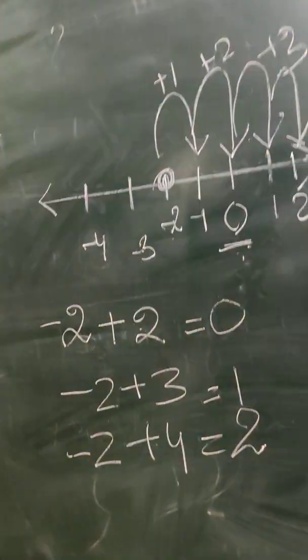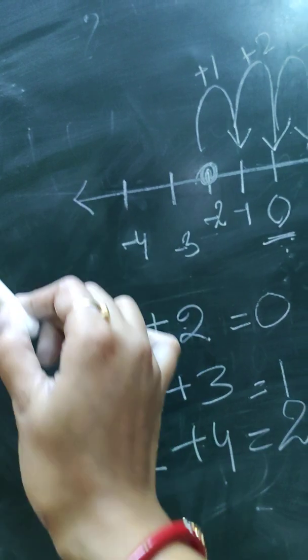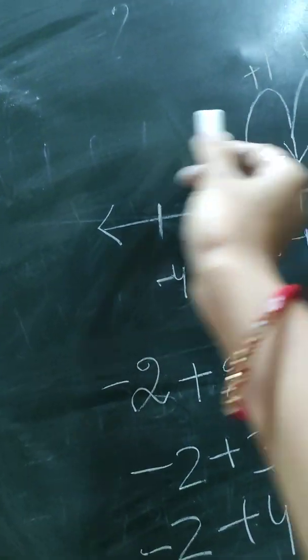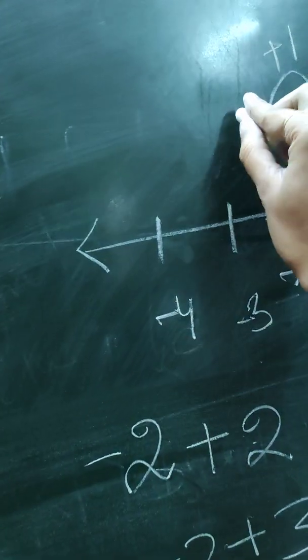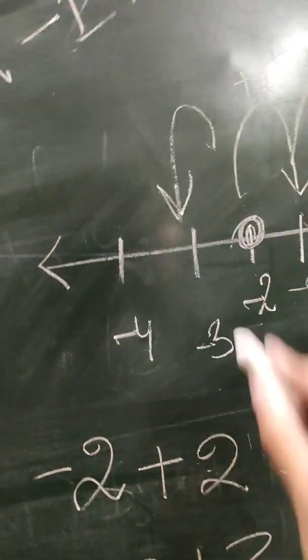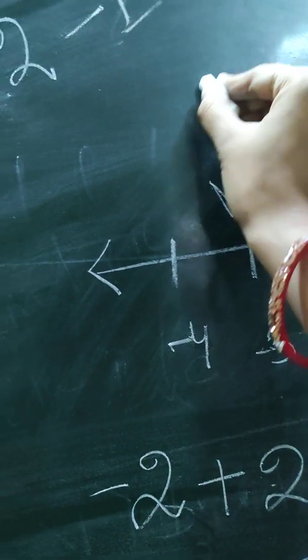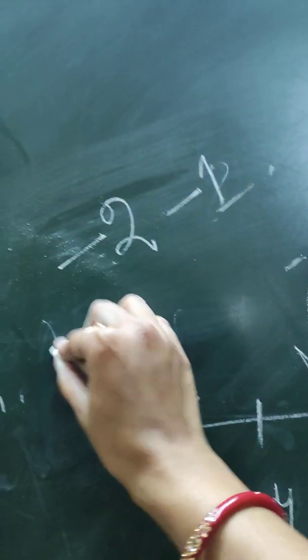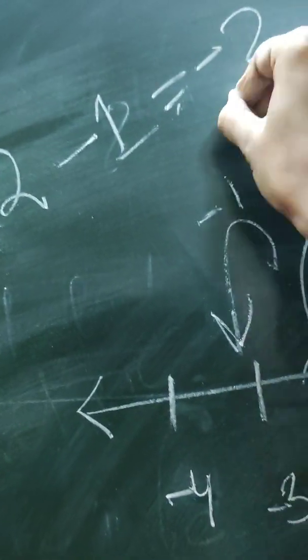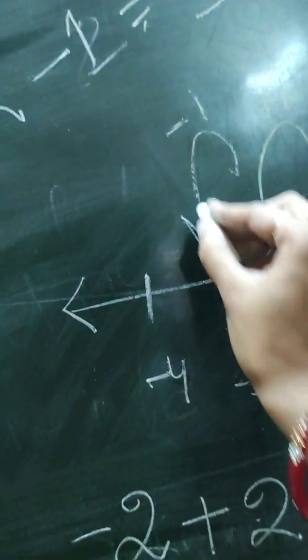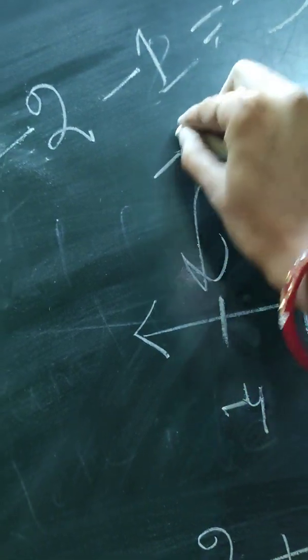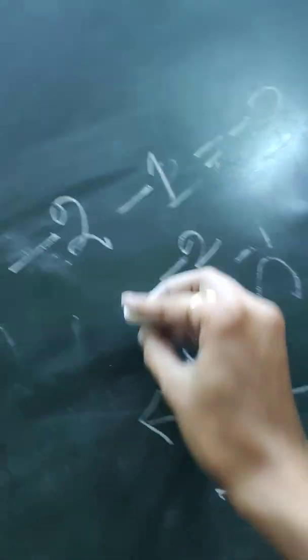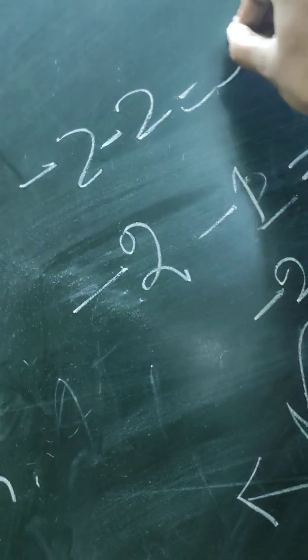For example, I have to do subtraction. Always remember, when I am subtracting something from the integer, it will move towards the left side of the number line. How do I move then? Suppose I have been given minus 2 minus 1. Minus 2 is here. I move just one step towards the left. This is minus 1. Where do I land? I land at minus 3. So minus 2 minus 1 is equal to minus 3. Suppose minus 2 has been given to subtract. I move 2 steps ahead. That is, it will give me minus 4.